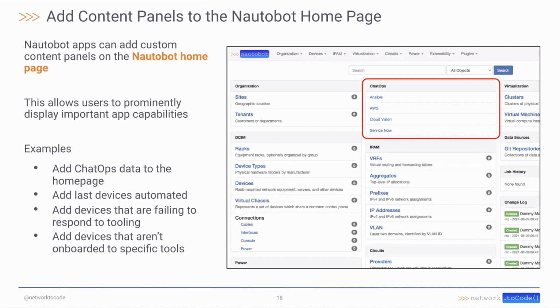You can also create homepage widgets. We've seen a great deal of excitement around this from higher ups, higher management. You want to be able to log into the platform and see some high-level detail, things like that. What's the percentage of my devices that are actually validated against the golden configuration? Well, they don't have to click through and go different places. We can create a widget for them right on the homepage, get that detail. They're happy. Takes a few minutes, and everyone wins.